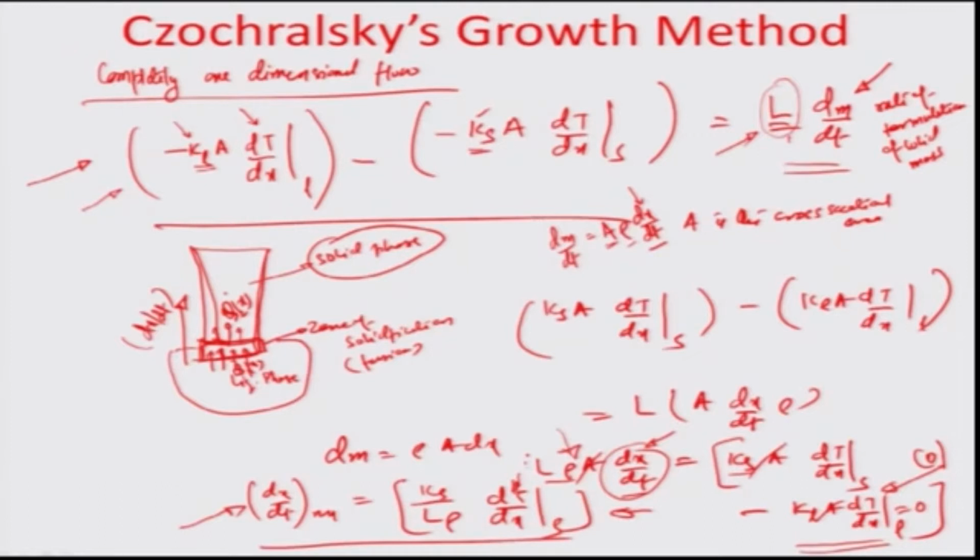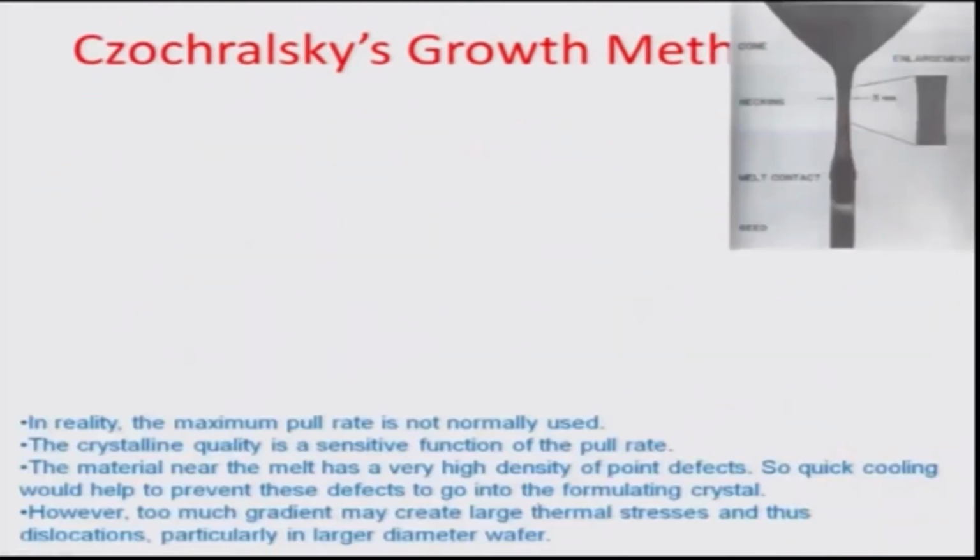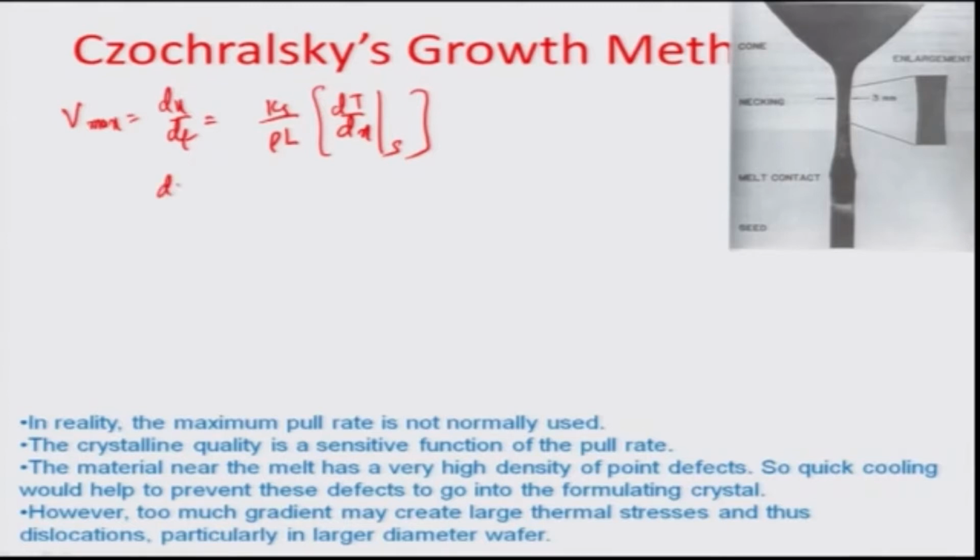And so, you can write down this maximum pull rate dx/dt as Ks/(L rho) times dT/dx of the solid. Okay. So, let us just rewrite this here as V max, the maximum pull velocity of the seed crystal, dx/dt, which you can now write as Ks/(rho L) times dT/dx on the solid side. So, obviously, the maximum pull out rate, dx/dt, therefore, is proportional to the dT/dx of the solid,